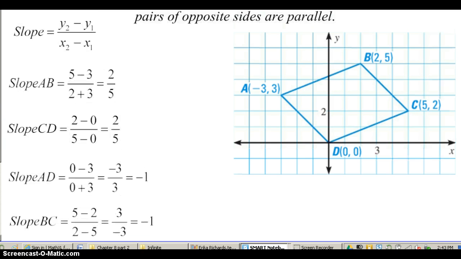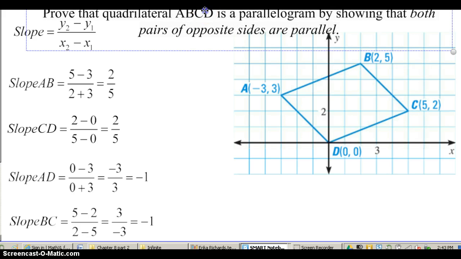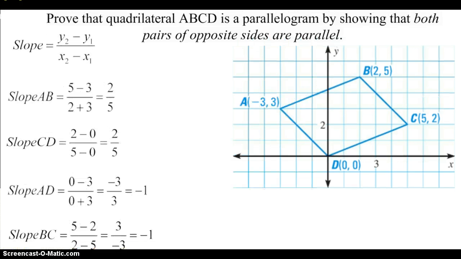So if my directions ask me to prove something by the fact that they are parallel, I am going to use slope. And this may sound a little familiar because we did do this when we were trying to prove whether or not something was a right triangle, and we proved using perpendicular and parallel slope. So for the next problem,